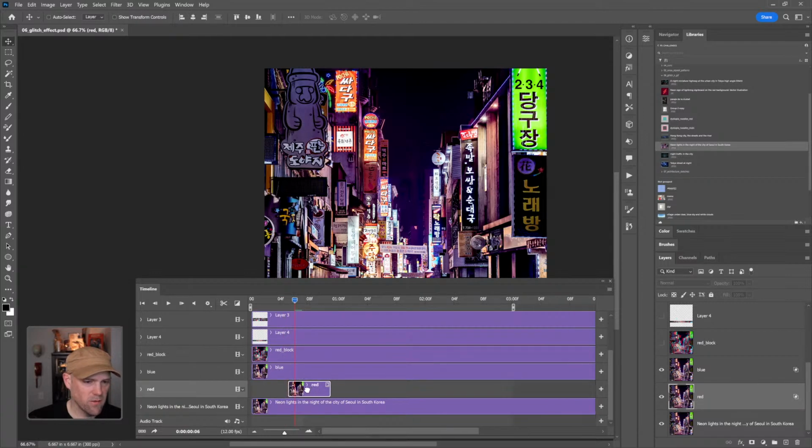And I'm going to pull this out. And let's trim it down a little bit. That's 1 frame. Let's go 2 frames. And I'm going to pull it back a little bit. All right, so now we are going to move. We are going to